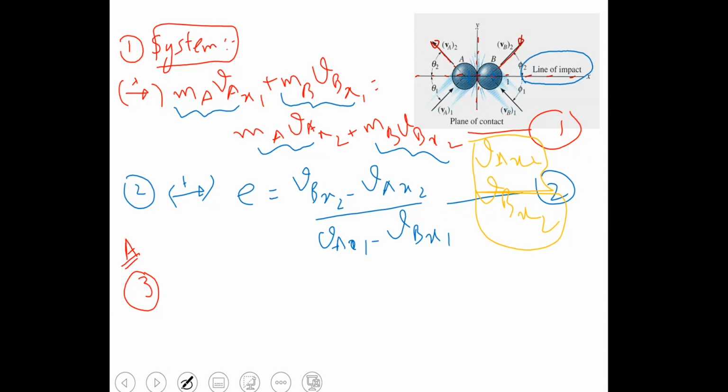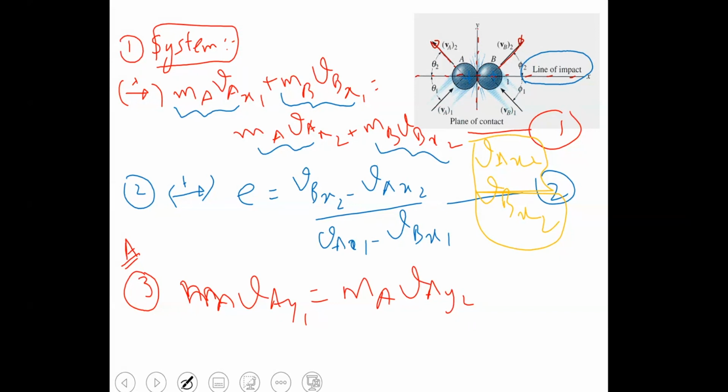No, sir. So since there is no impulse acting on particle A along the y-axis, all the impulses act along the line of impact, which is along the x-axis. So it means that whatever momentum particle A has before collision along the y-axis, it would remain the same. That is, MA VA-Y1 should be equal to MA